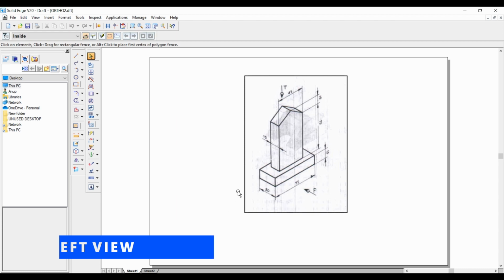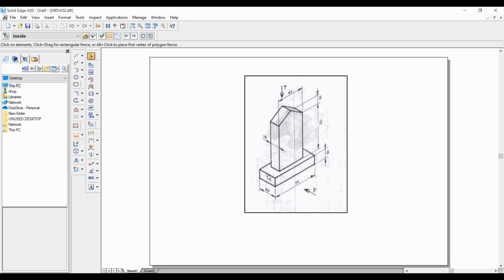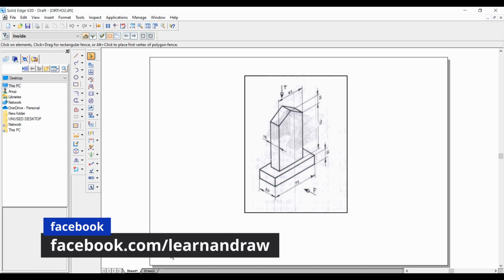When we see the figure in the left view, what are the parts that are visible? We can see this one 30 mm and then this rectangle which is 15 mm into 75 mm, and then some small cutting rectangle at the top which is 75 mm.